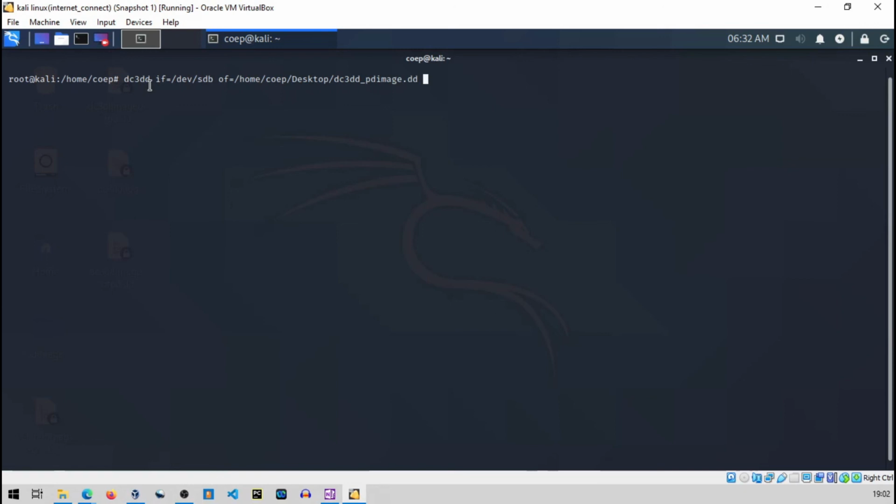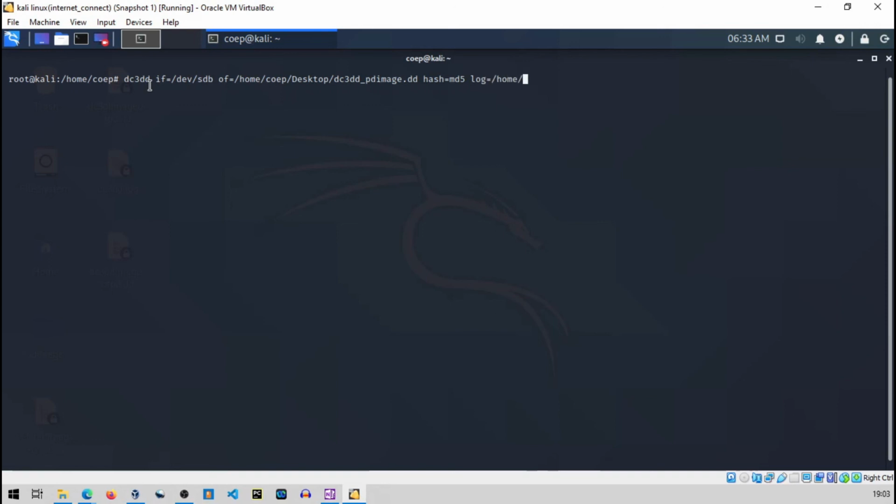Fine. And let's calculate the hash also. So hash equal to MD5, let's say, and log. So we can even store a log. Let's say I will store the log on the desktop.